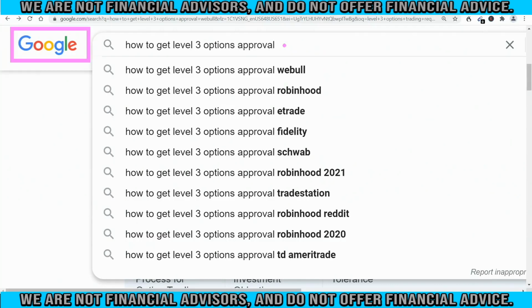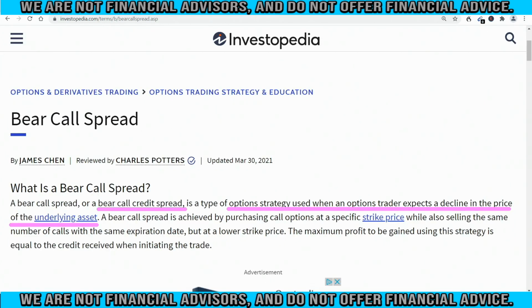If not, Google how to level 3 options and pick out your firm, either Webull, Robinhood, E-Trade, and find out how to level 3 so you can do these credit spreads. These are bear call vertical credit spread trades. That's a mouthful. This is the option strategy we use when we think price is going to decline on an